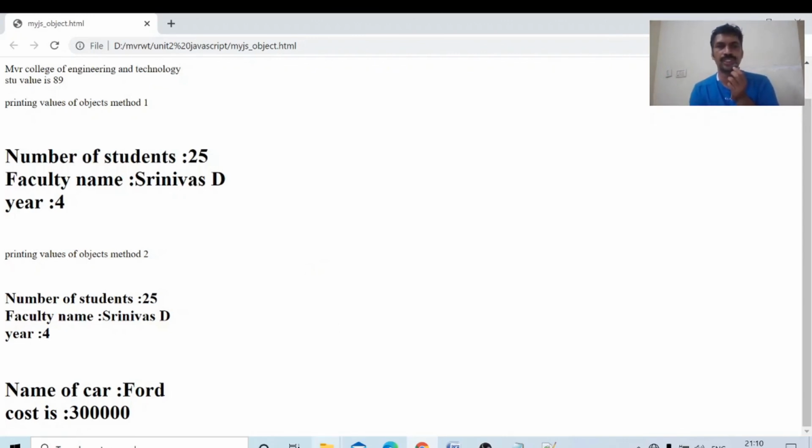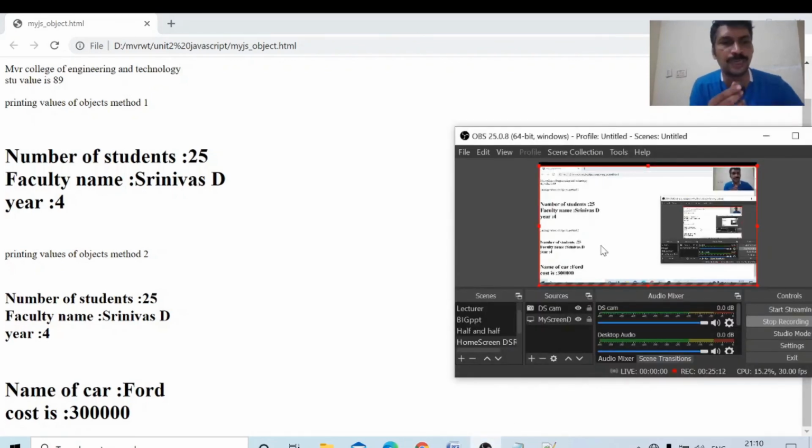Just go here, press the refresh button. Okay, name of the car is Ford, cost is 3000. The name Ford we received using car.name. The cost we received using array style. Okay, this is about objects in JavaScript.